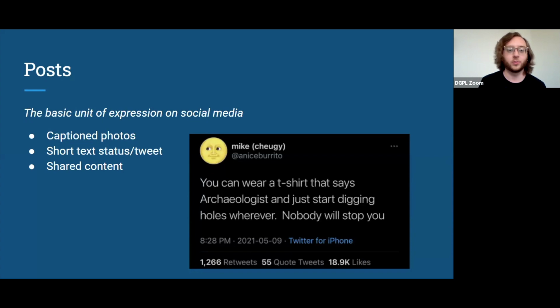It's called different things depending. It could also be content that's shared from another source, another account. So it might not even be original content. I have here on this slide a picture of a tweet. So this is what a post on Twitter would look like.